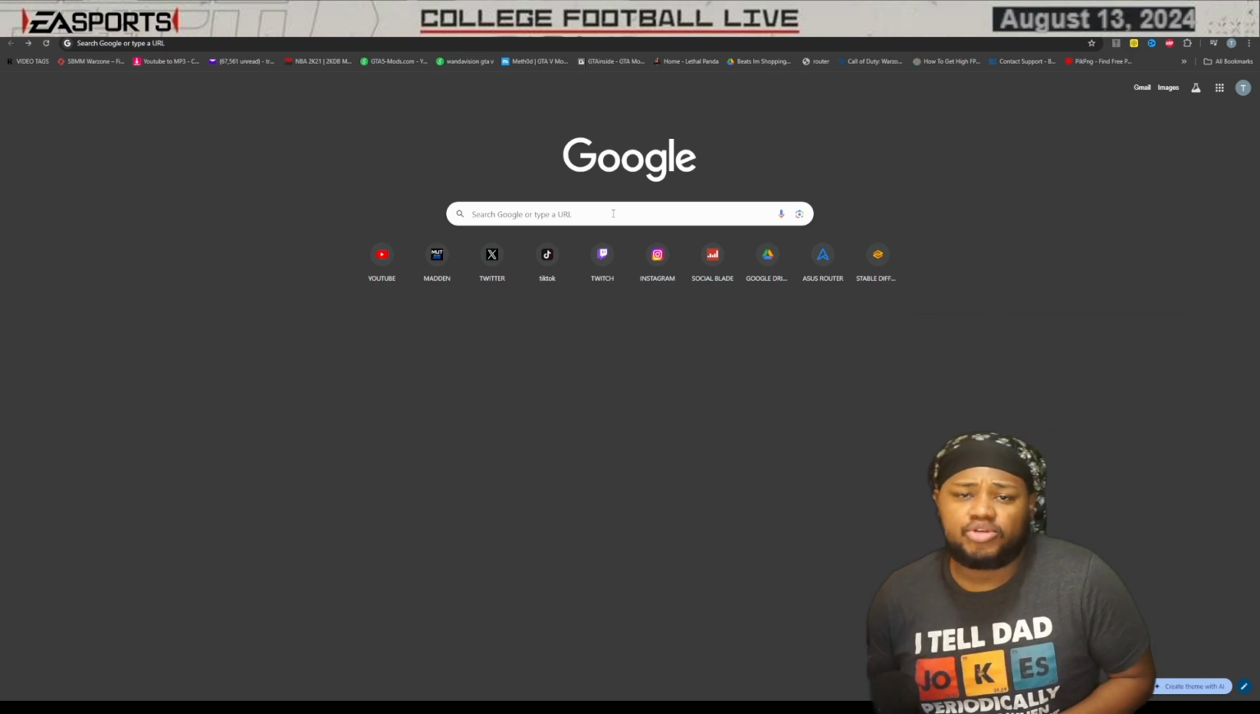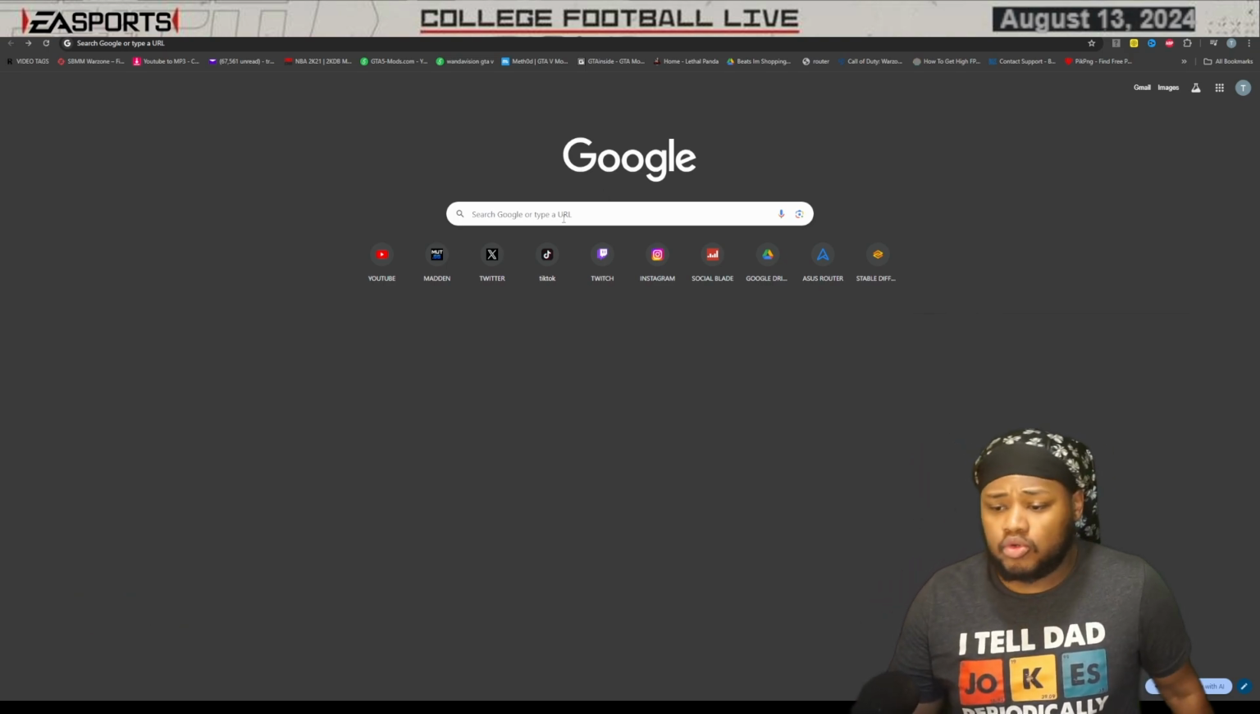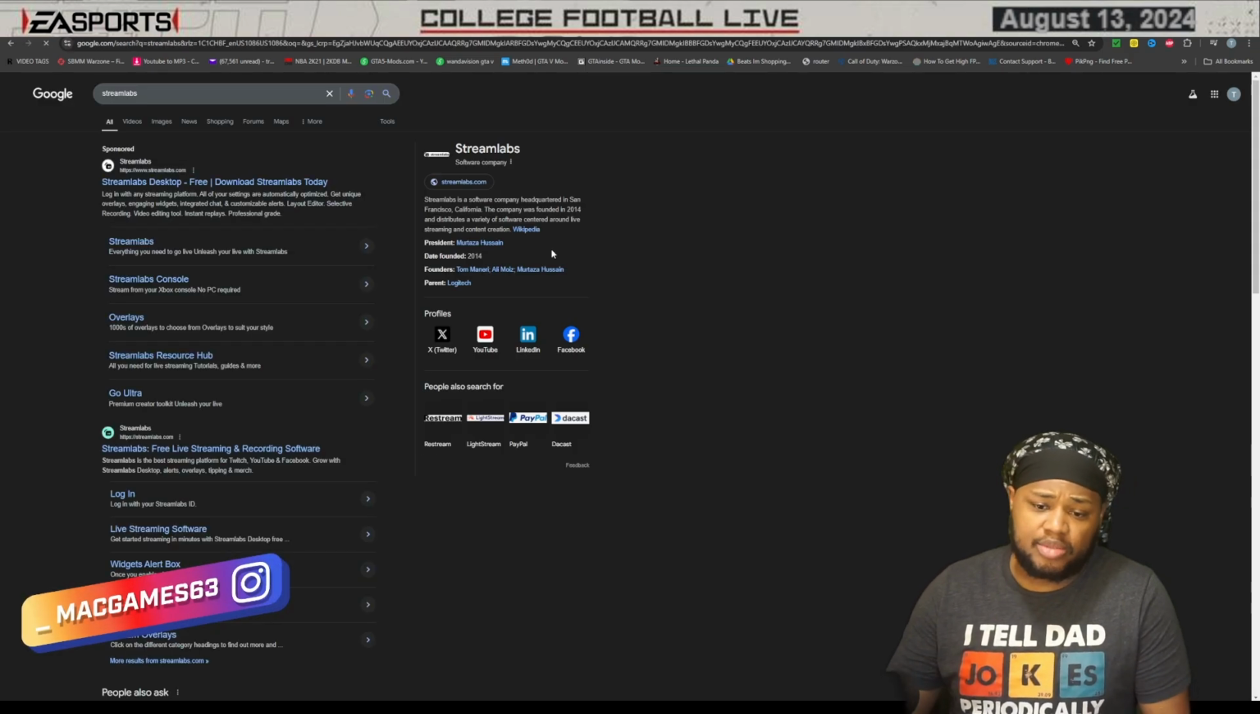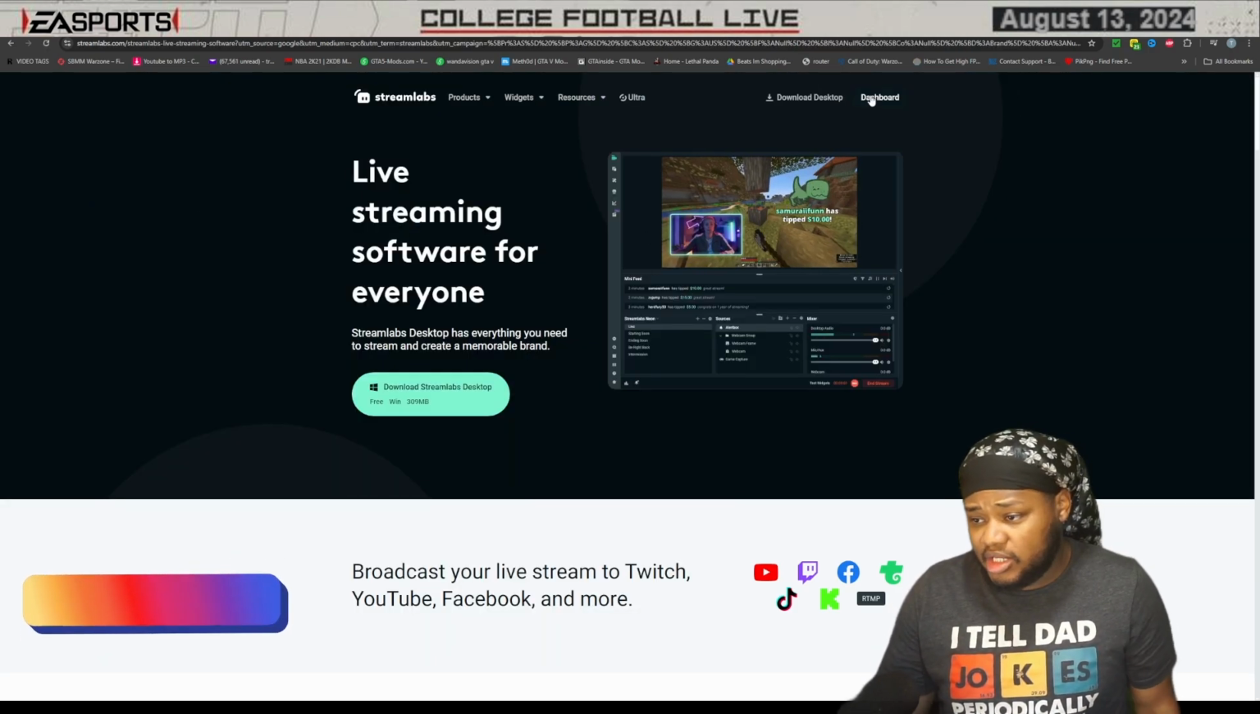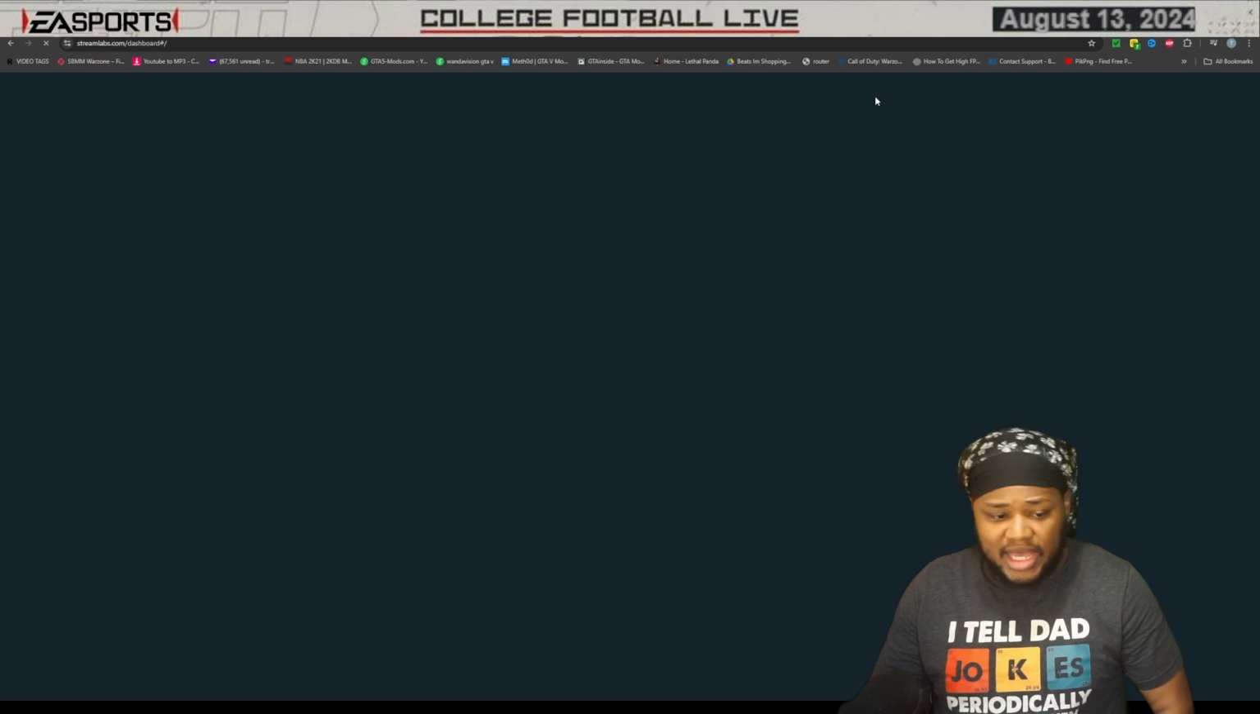To get your chat to show up transparent on your screen, what you want to do is go to Google. When you go to Google, type in Streamlabs. After you type in Streamlabs, hit streamlabs.com. Go ahead and click that, and then get to your dashboard. You may have to sign in. Make sure you sign in,